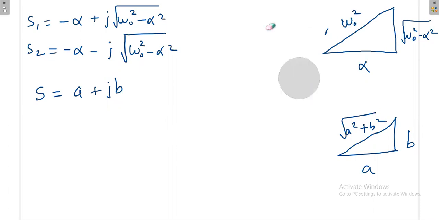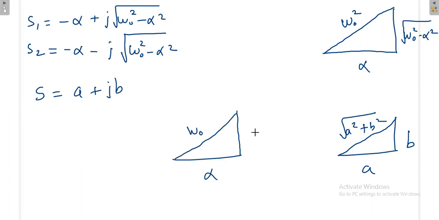Again, you know omega naught is the frequency of the LC tank circuit oscillator, that is 1 by square root of LC. So what is this new term? This is alpha, and this is omega naught. We'll put a new name here. This is also a frequency. Observe this term, square root of omega naught square minus alpha square, which is equal to a new term, omega d.